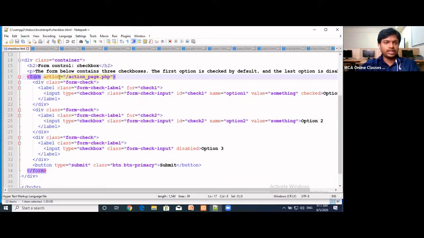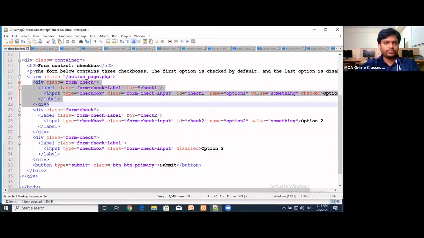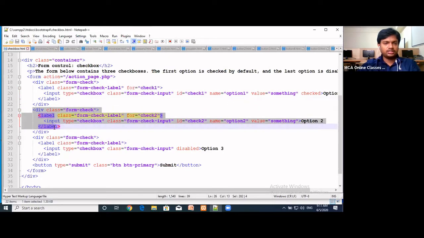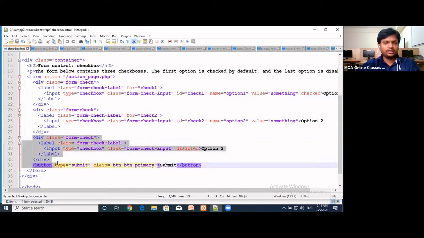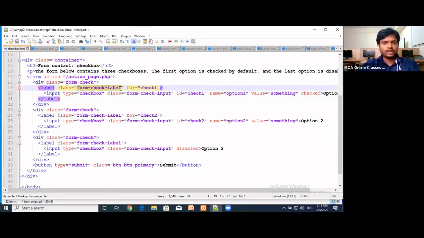Now I am designing one form, and in this form I am adding 3 checkboxes. Here there is a first division for the first checkbox, then a second division and a third division. The class for the checkboxes is form-check-label, and this class must be added to the label.